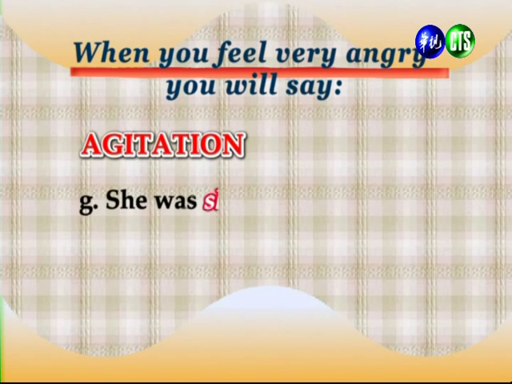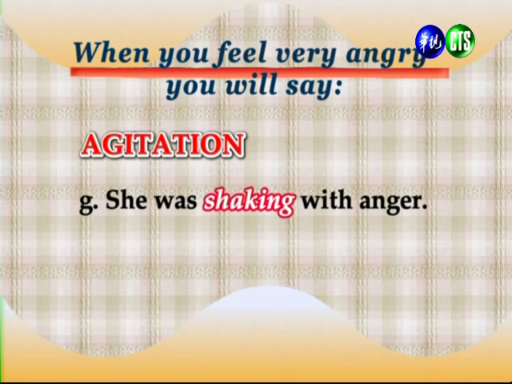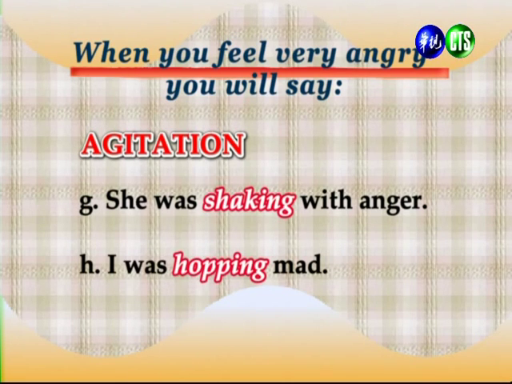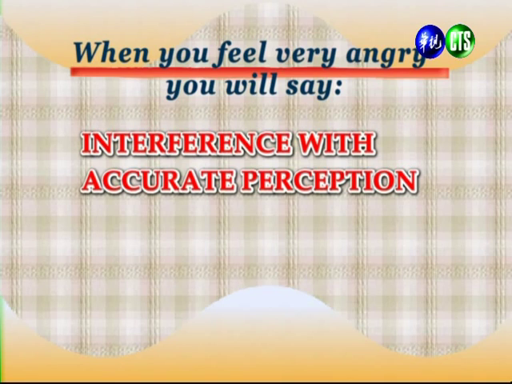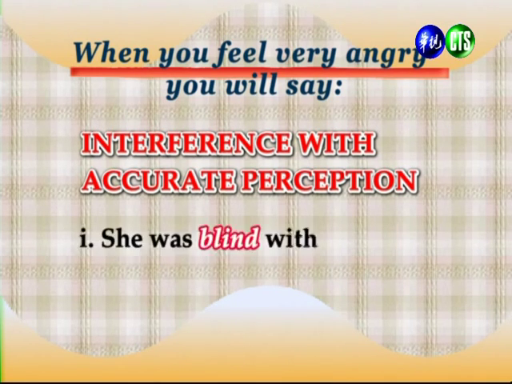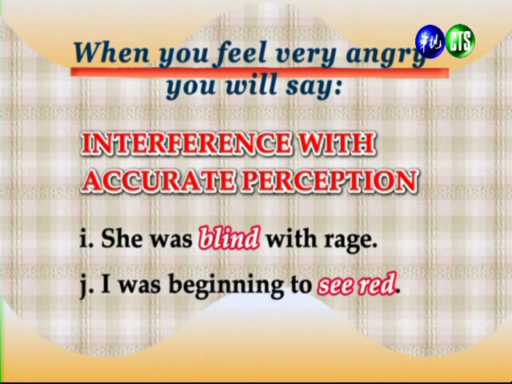So we have these sentences here: "She was shaking with anger, and I was hopping mad." 好，那表达你愤怒到已经失去理智，你可能会说你这颤抖，或者是你是气得跳脚。And then finally, we can say that being angry interferes with your accurate perception, such as "She was blind with rage," or "I was beginning to see red." 好，最后我们提到说这个愤怒呢已经掩盖了你的理智，所以呢你会说我已经被这个愤怒所掩盖了，眼睛都瞎了，或者是我眼神只看到这种愤怒了。